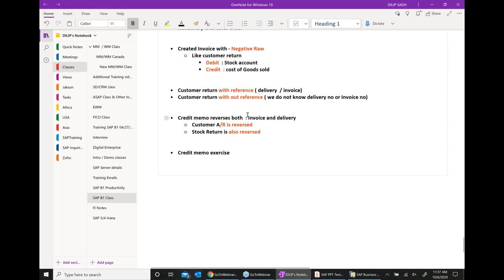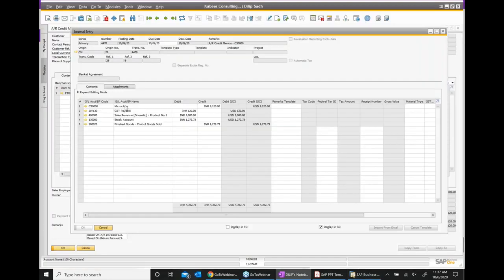It reverses my invoice. It also reverses my delivery. Understand this. The first three entries, microchips credited, customer credited, tax debited, revenue debited, those three entries are the reversal of the customer invoice.